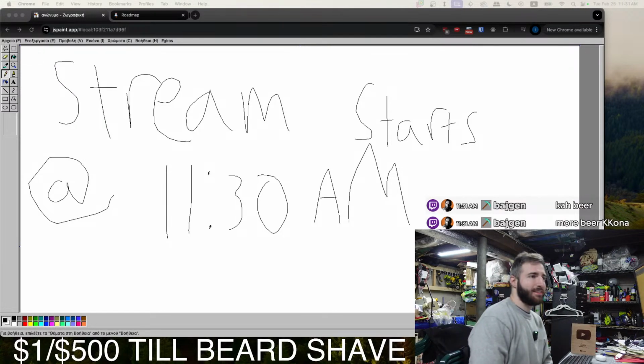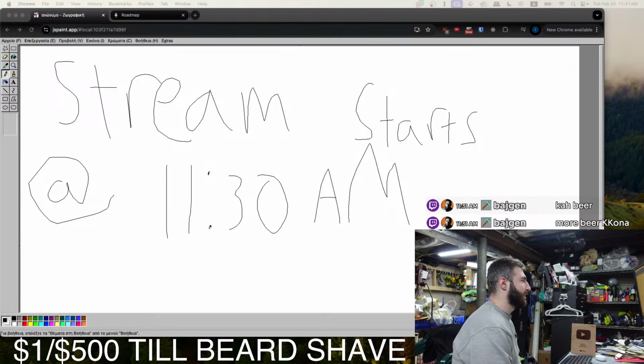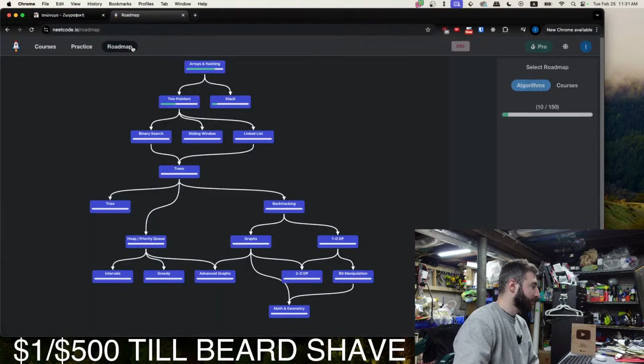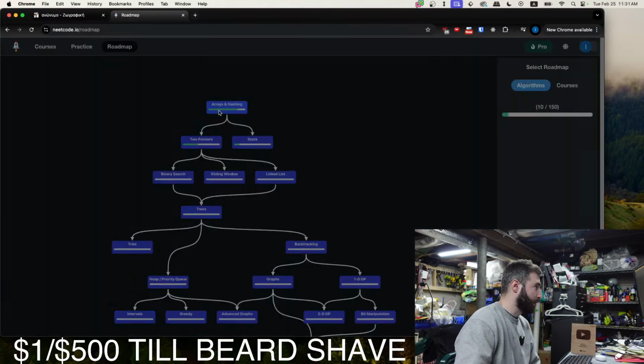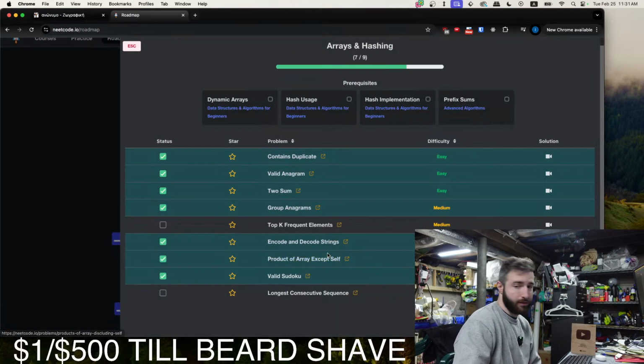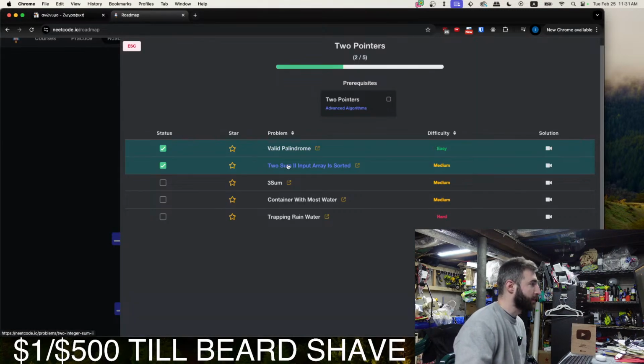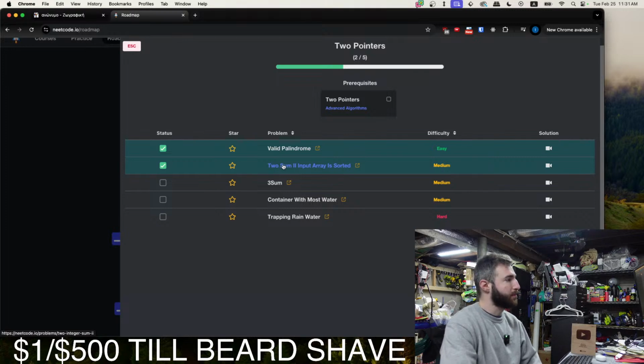So recently we've been doing these Leetcode grinds. Today we will be doing more of that. These previous days we did some arrays and hashing problems. Yesterday I did these two pointers problems.